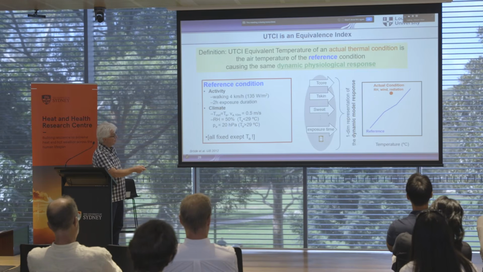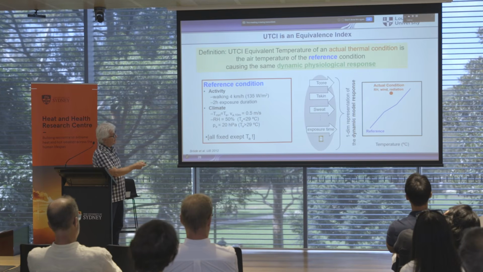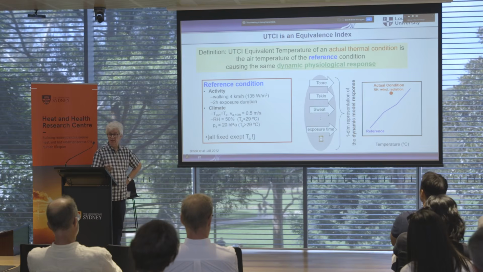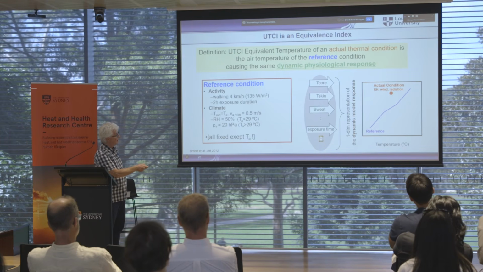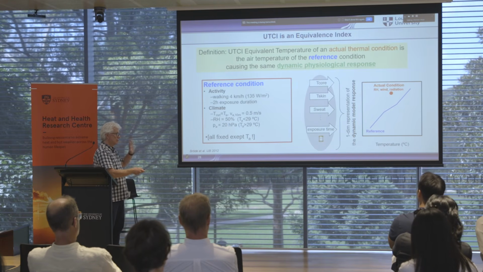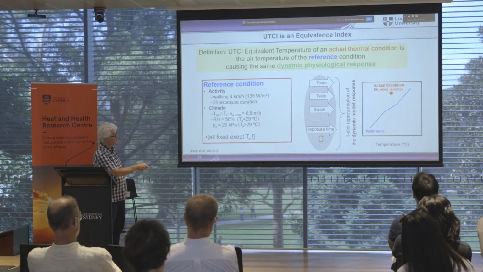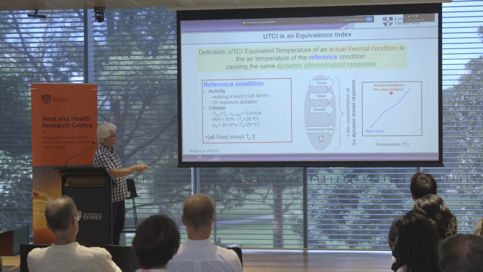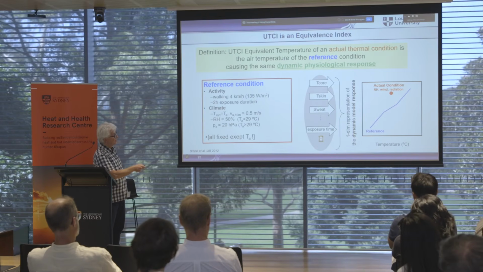So these are all these reference values for different temperatures that we calculate, and then we take the actual condition and put in the real temperature, the real humidity, the real wind speed, etc., into the model, and that calculates a UTCI value here. No, I have to go back a step. So we then take the actual temperature for that condition, which is here. So that's this temperature. And then we look at what reference value would give us the same thermal strain as this condition. So that's the horizontal line.